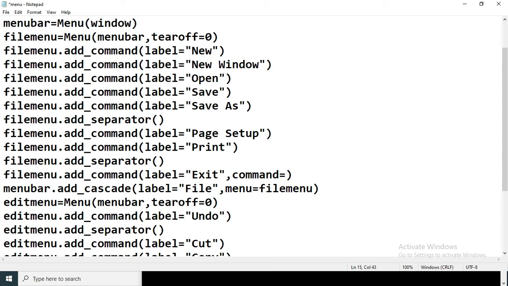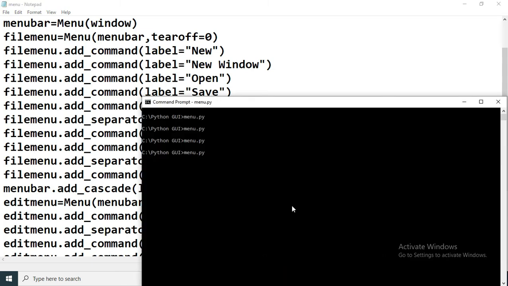We have to call one inbuilt function, not by using root but by using window. That is the quit function, an inbuilt function. So when I click on exit, this function will get called and this code will be executed, which is responsible for closing the current window.